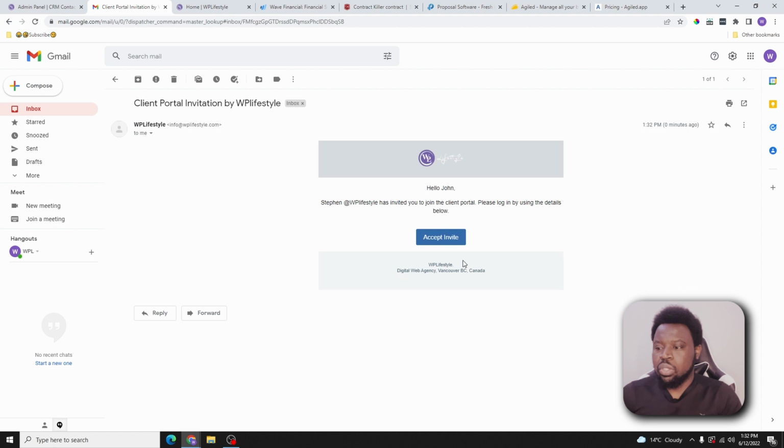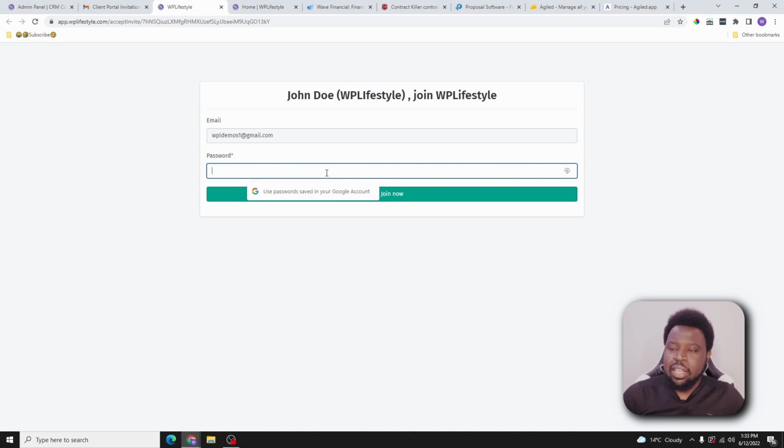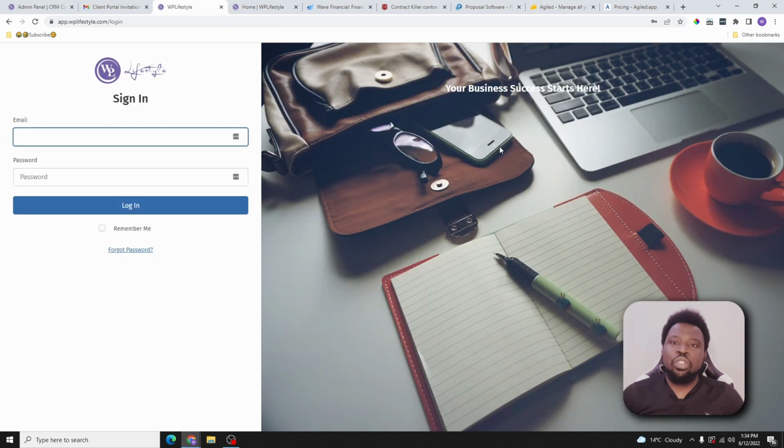This is what it will look like, and then your client will go ahead and accept this. Once they click on this accept invite button right here, it will bring them to this page. This is where your client is going to choose his or her password. So go ahead and choose a password from here. Once you choose your password, go ahead and click on join, and this is going to bring your client